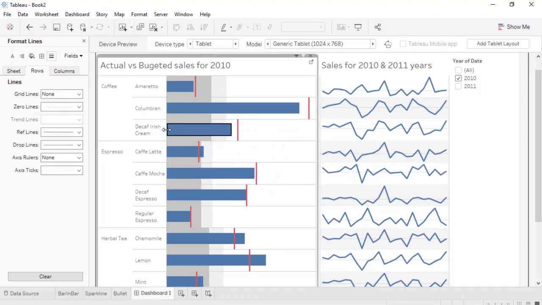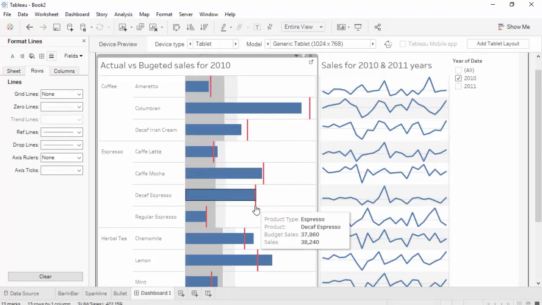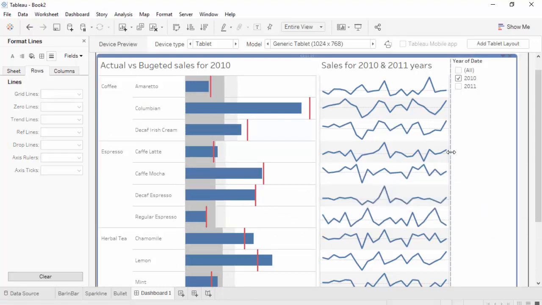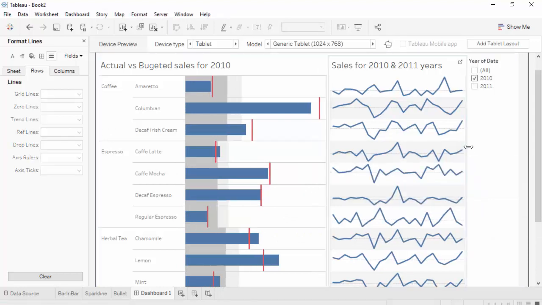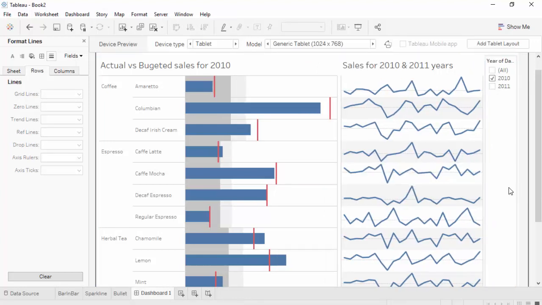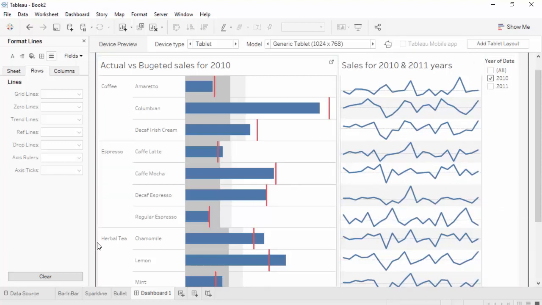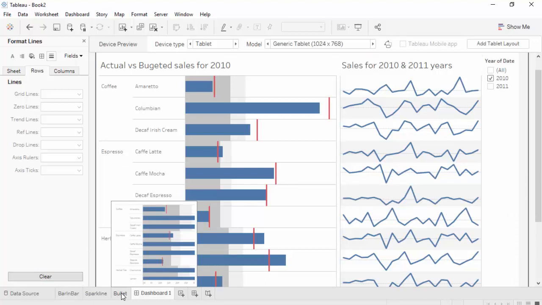Okay, we can even increase the size here. So we don't need that. So there is one more